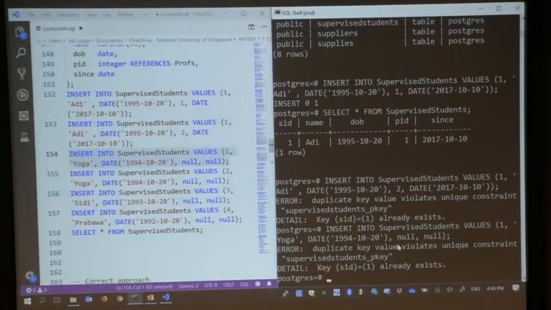You cannot insert a student that doesn't have any supervisor, but it's not included because this one is still 1. Right? So you do not have an entry that is conflicting, because one of the entries that we already have is that this student with this SID is already supervised. So if you insert it again, this student, but this one is null, it is not going to be allowed because there's a conflict.